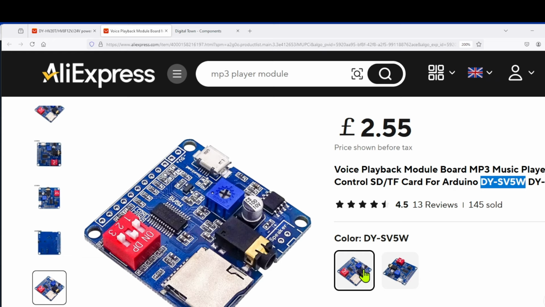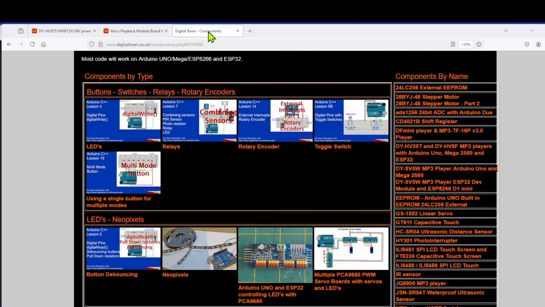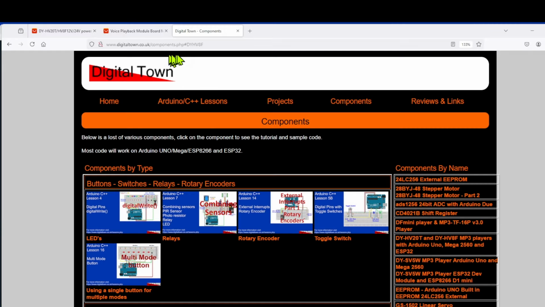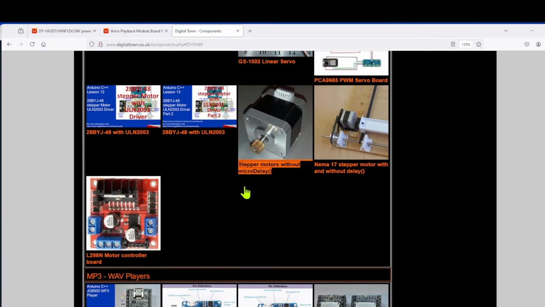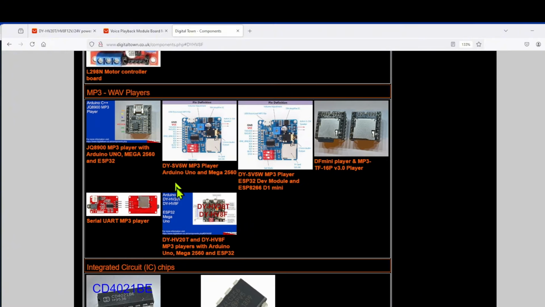I used the version with the SD card for the last project, but it means that if you go to the Digital Town website, we are on the components page, and you can either scroll down to the various MP3 players. It means that the code that works with the DY-HV5W, whether it be with the ESP32 or the Arduino or Mega 2560, will work with the